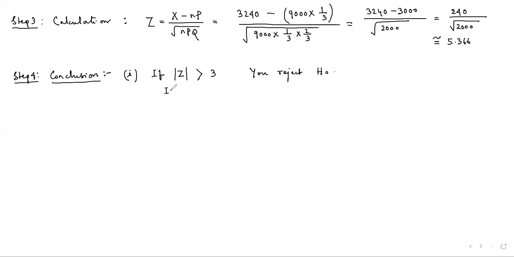In our case, our mod z is 5.366, and therefore it is greater than 3, and therefore we reject H0, and the final conclusion is the die is biased. So this die we cannot